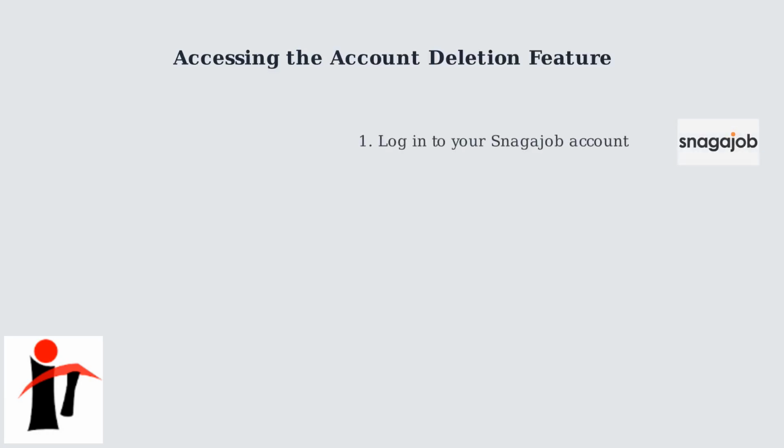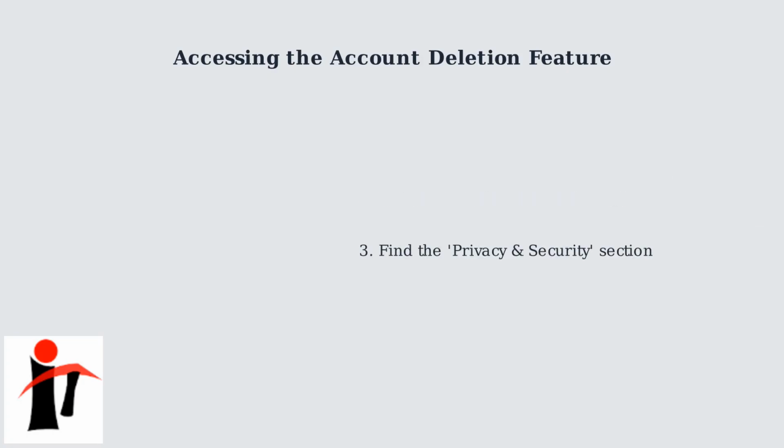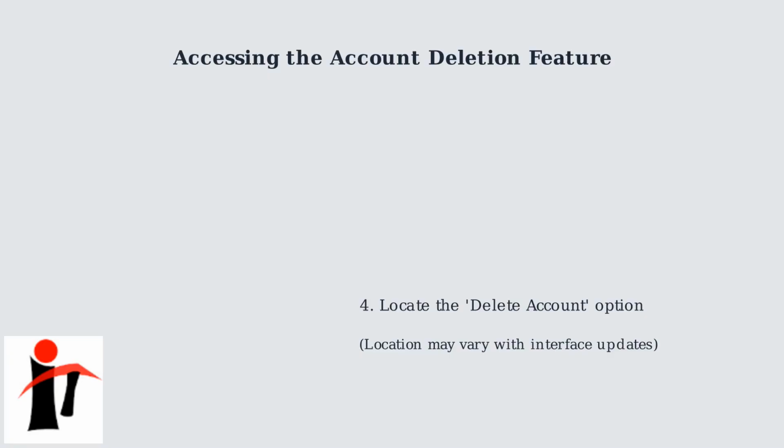To initiate the deletion process, you'll first need to log into your Snagajob account. You can do this either through the Snagajob website or the mobile app. Once logged in, navigate to your profile settings. Look for a privacy and security section where you should find an option labeled Delete Account. The exact location may vary slightly depending on updates to the platform's interface, but it's typically found within the profile